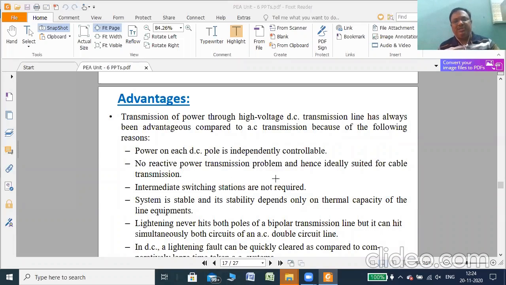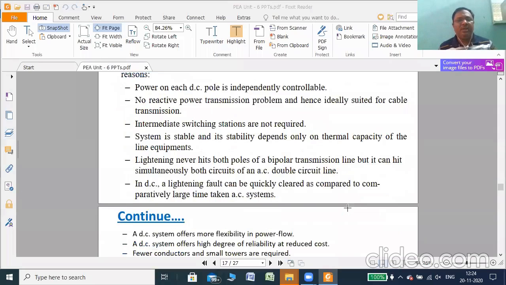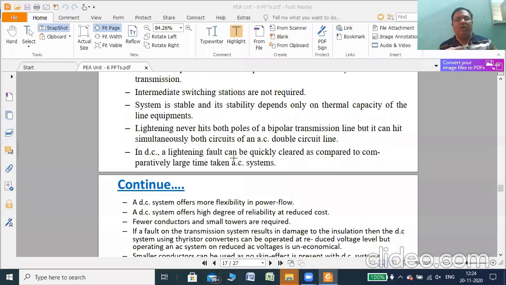No reactive power transmission problem, and hence ideally suited for cable transmission. Intermediate switching stations are not required. This is required for AC, but for DC it is not required. The system is stable and its stability depends only on the thermal capacity of line equipment. Then lightning never hits both the poles of a bipolar transmission line, but it can hit simultaneously both circuits of an AC double circuit. The DC lightning fault can be quickly cleared as compared to the comparative large